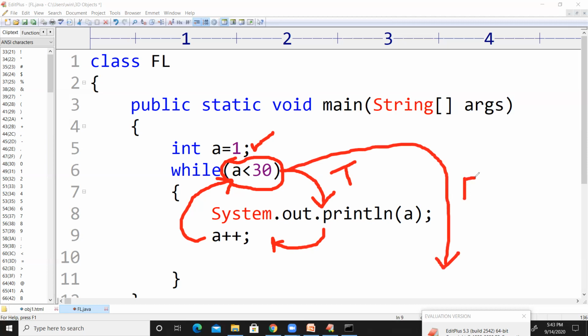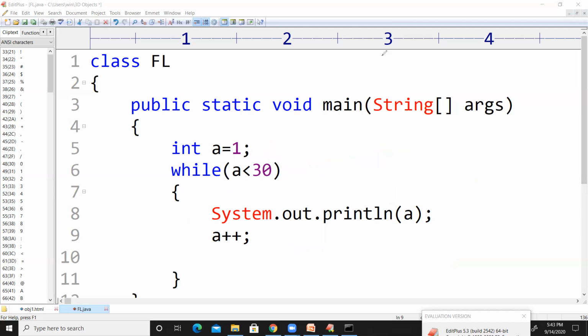In case the condition is false, it will not enter into the body of the while loop. It will just execute the code after the while loop, right? So first condition checking will be done. If the condition is true, the body will be executed first, right? After the body, again the condition checking will be done. If it is true, again it will execute the body. So in case the condition is false, statement number 3 will be executed, right? I hope you all have done some examples on while loop in the previous C programming language, right?